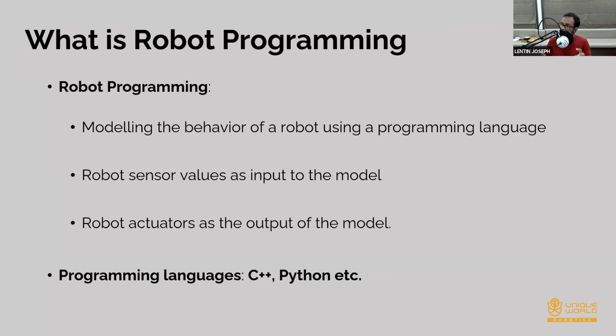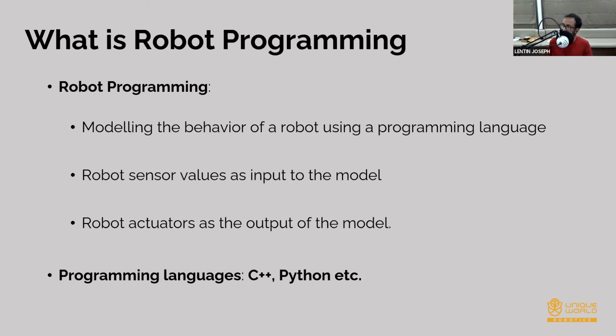Then your program should process it, and not only processing, after processing you have to make a decision based on it. That is the program inside the robot that I'm talking about. After taking the decision, it should be sent to the actuators. Actuators means the motors.